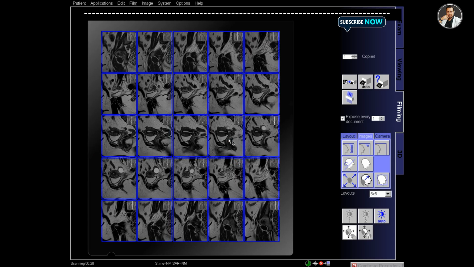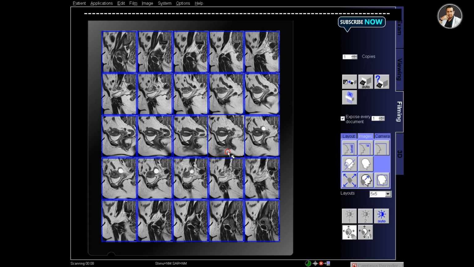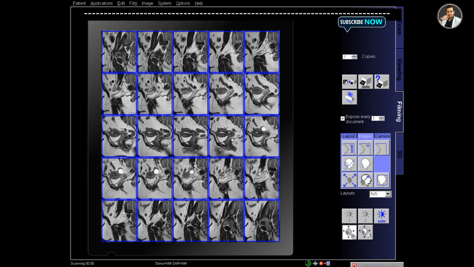I take time when filming and adjust the window also. So make it perfect, not so bright and not so dark. And this is a 5 into 5 format film. That means 25 slices are covered here.